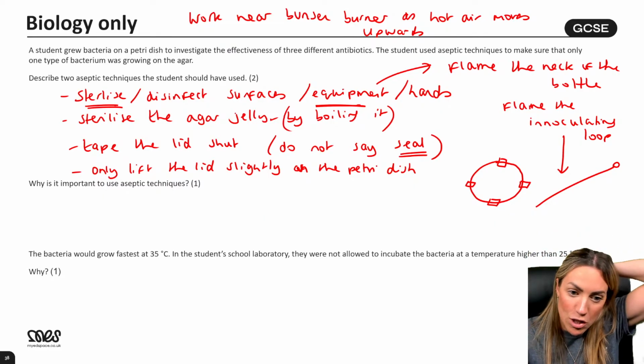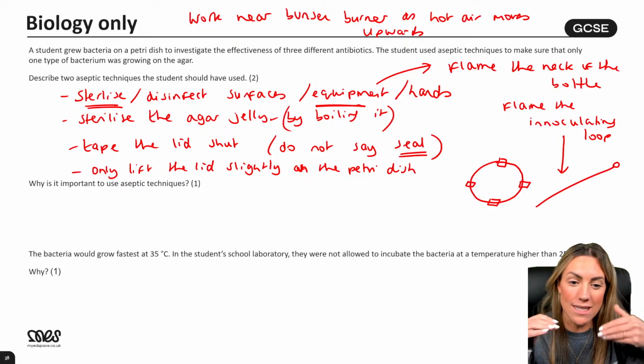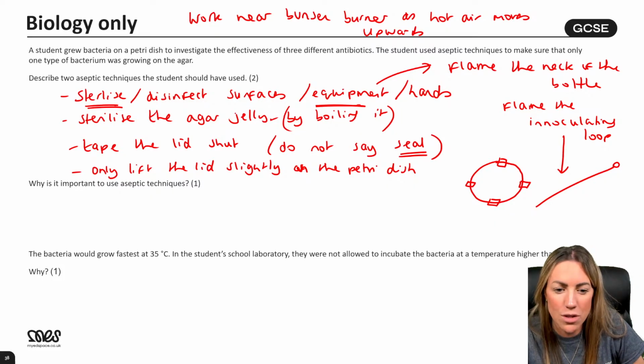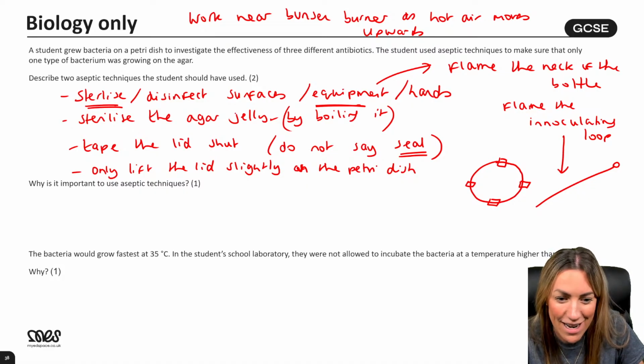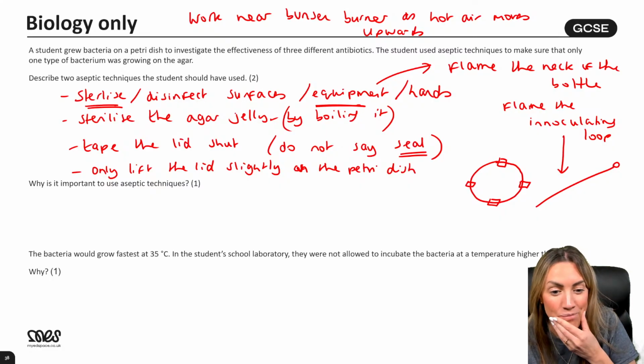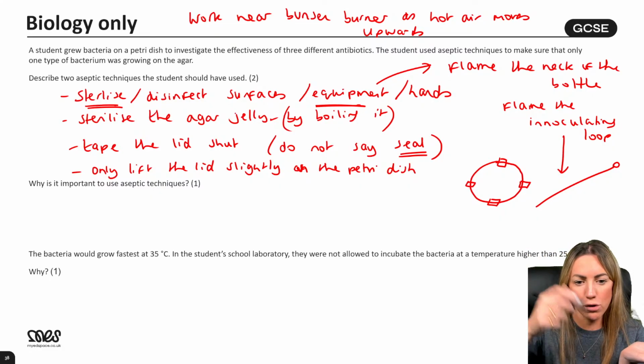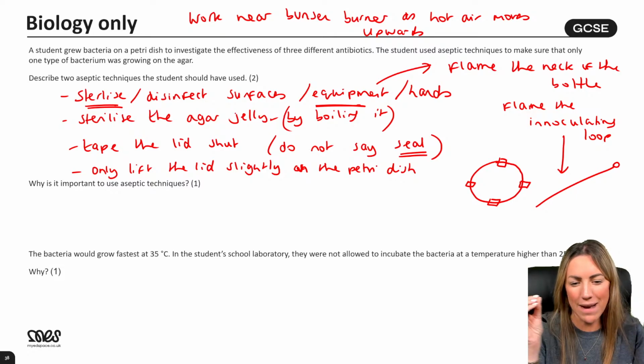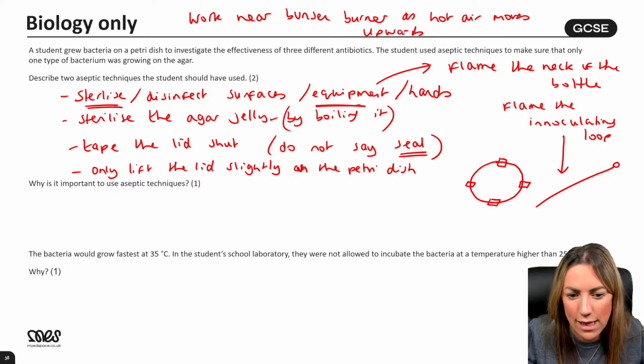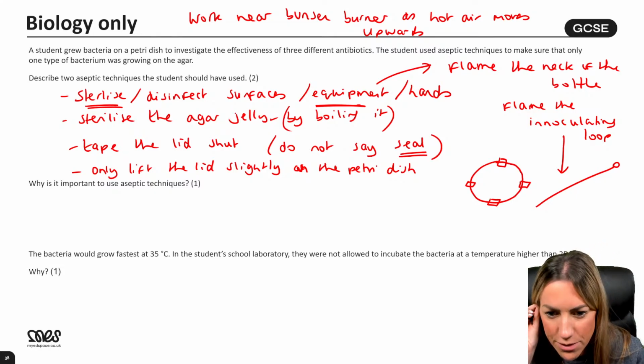You flip the Petri dish upside down when you store it, because obviously water is produced when the bacteria respire, and you don't want the water to build up, because it's like drowning the bacteria, right? They're going to drown in the water. They're going to not get enough oxygen. But if you flip it up, the water falls onto the lid, so the bacteria don't get immersed in the water that they're producing in respiration.